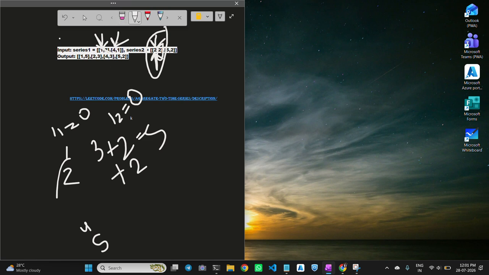In I1 I am here, so I will be taking 1. So the sum will be 3. Now I have processed 2 as well, so I will move this pointer to this location.